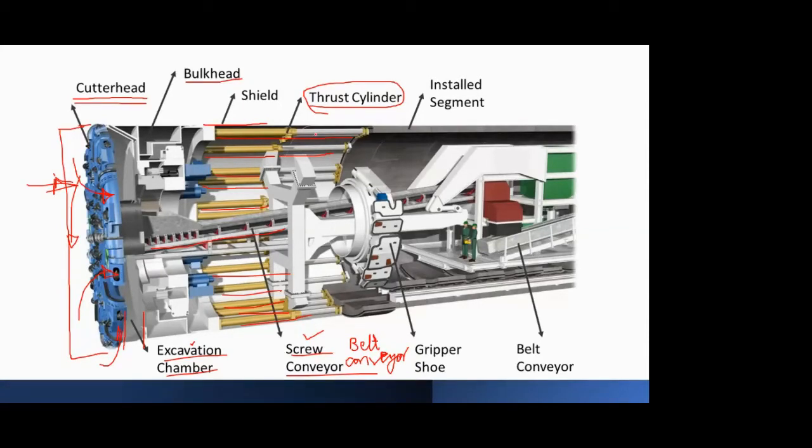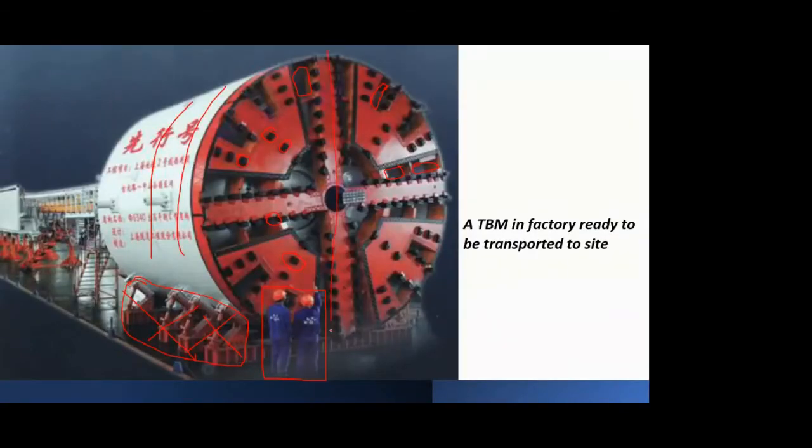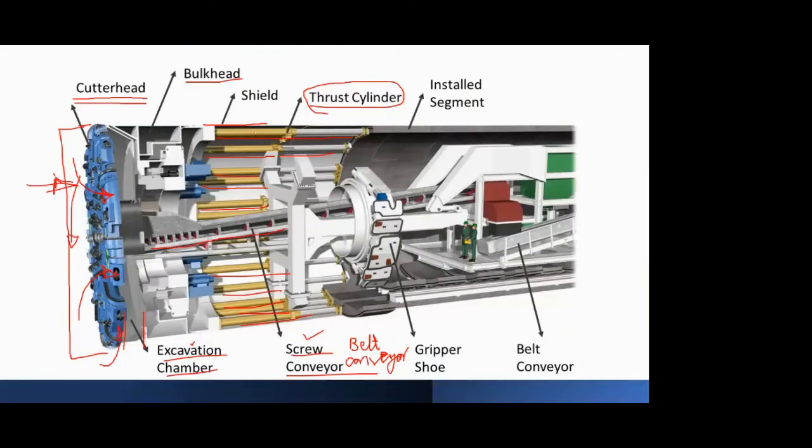So same is the case here. Just imagine that jack over here, but actually it's not that jack, it's a very sophisticated hydraulically operated jack, and then you have a number of those around the periphery of your TBM. Now this section, what you see, it is a cut section. That is, the TBM has been cut from the center, and a part of it is shown over here. So these hydraulic jacks or thrust cylinders are installed throughout the periphery of your TBM.